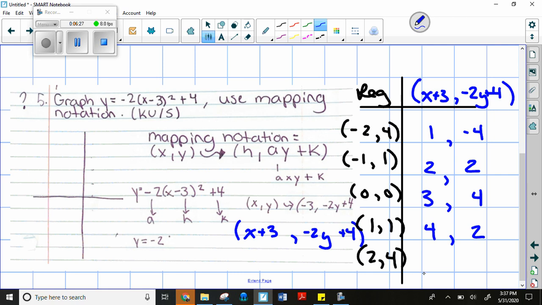And then 2 plus 3 is 5. 2 squared is 4, times -2 is -8 plus 4 is -4. So that's where my new diagram's going to be. So you're going to have a 1,